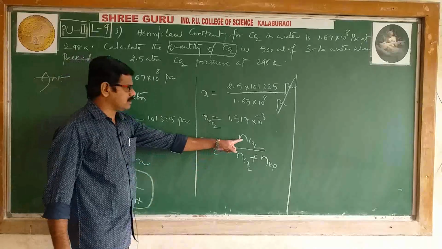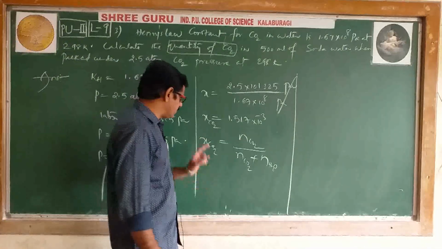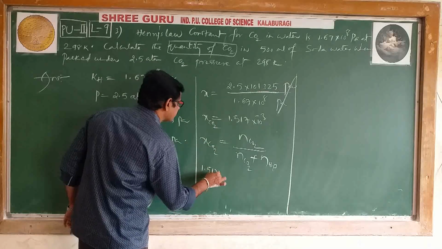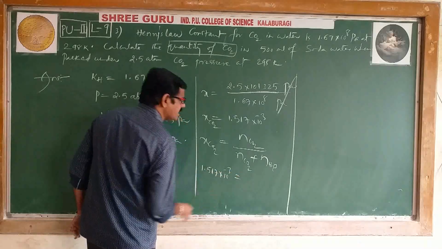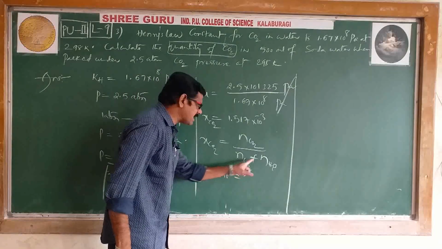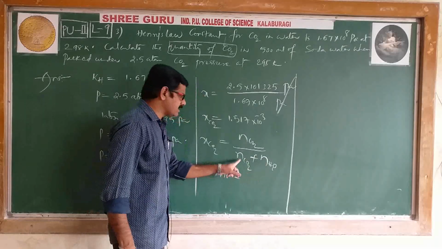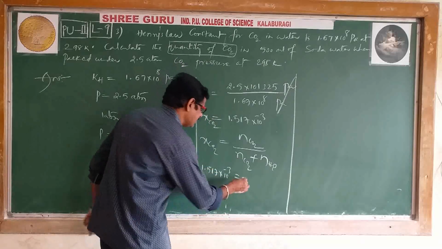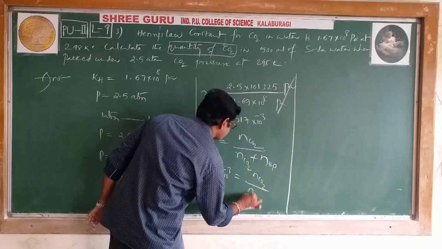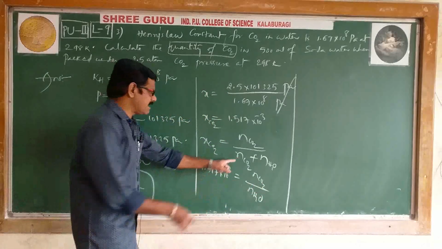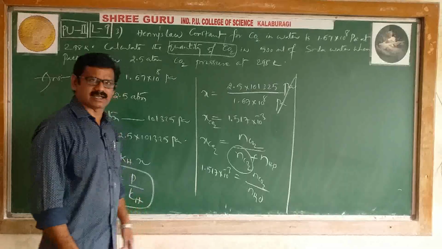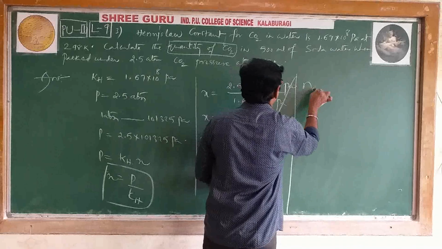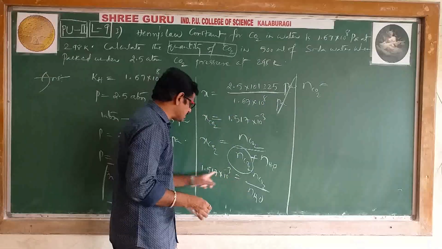Now, here again same. First we will write the given value. Mole fraction of carbon dioxide is 1.517 into 10 to the power of minus 3 is equal to, when you are comparing carbon dioxide as well as water, carbon dioxide moles are negligible. That's why from the denominator carbon dioxide we can neglect. Therefore, you will get NCO2 divided by NH2O. This I am neglecting. Carbon dioxide moles are less compared with water moles. Now first we will find the number of moles of carbon dioxide. We will do the cross multiplication.